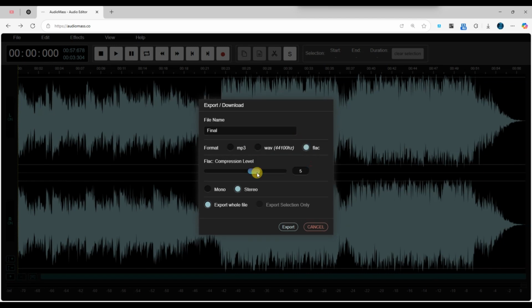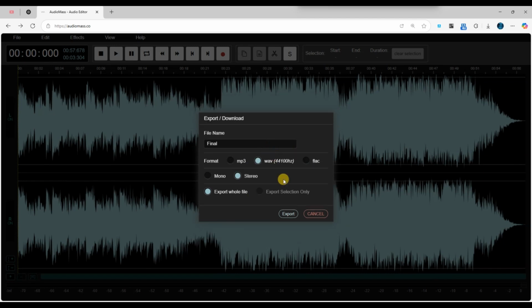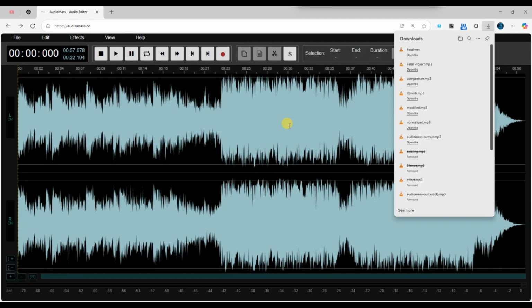Once you click Export or Download, a new window or dialog will appear asking you to choose the audio format and quality settings. You can select the format you prefer, usually WAV or MP3, depending on your needs. After setting your preferred option, click on the Export button to download, and the audio file will start downloading directly